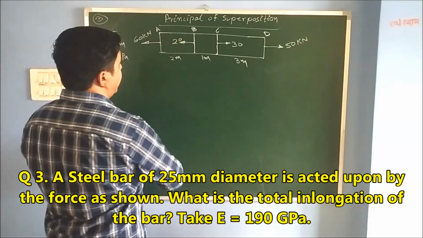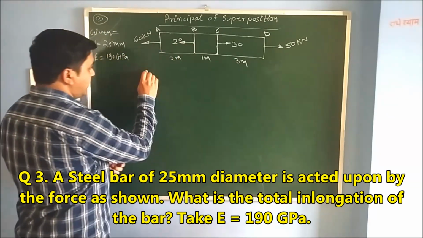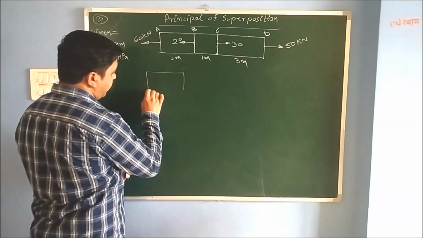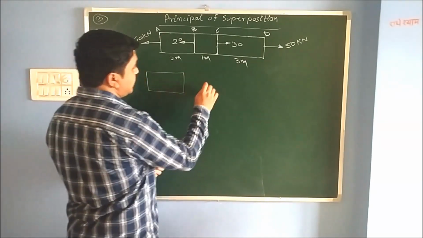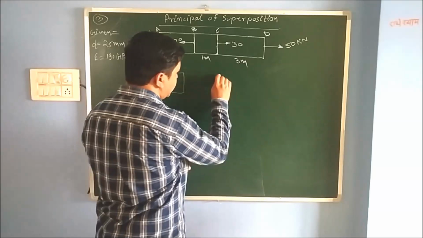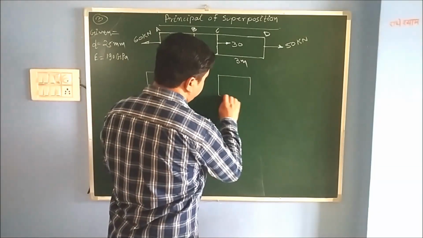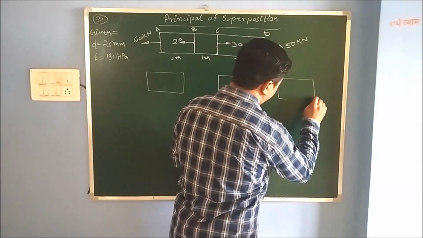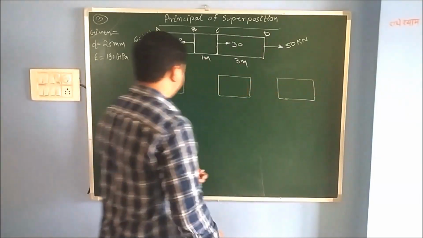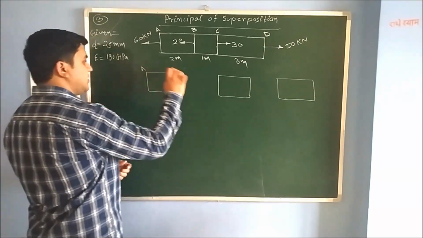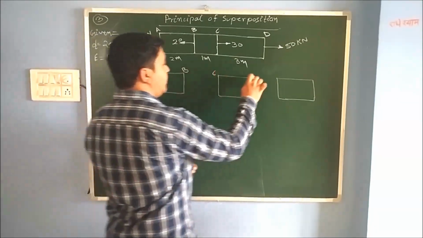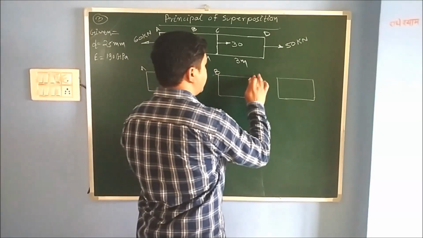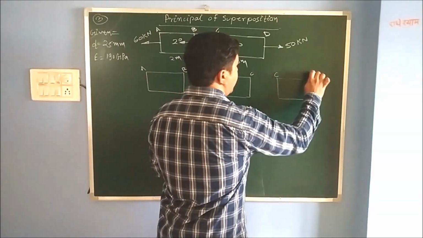So we'll draw the free body diagram of the section AB. So let's draw the section AB first. So this is the section AB I have drawn. Similarly, section BC you have to draw. So let's draw the BC section also. So this is a BC section we have, and this is a CD section we have. This is A, B, C, B. Sorry, A, B. This is B, C, and C and B.